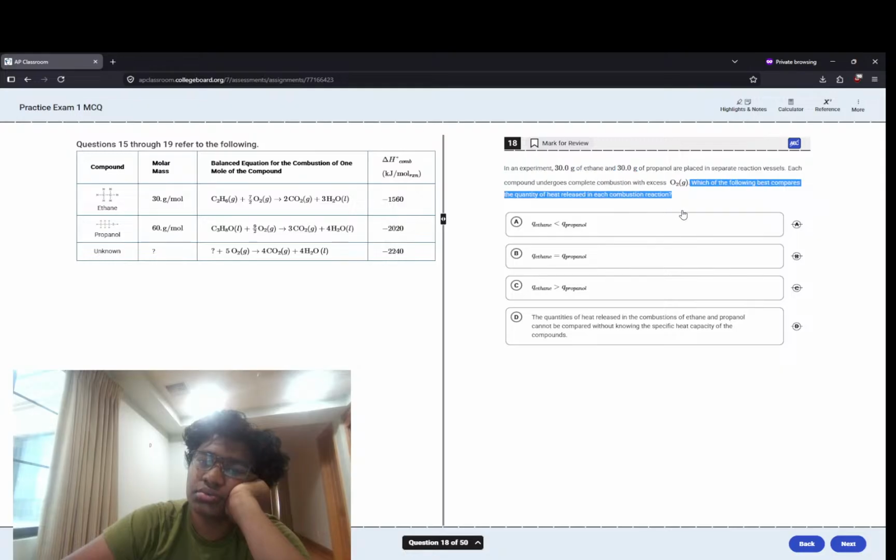Each is a combustion reaction. So obviously the quantity of heat of propanol is going to be